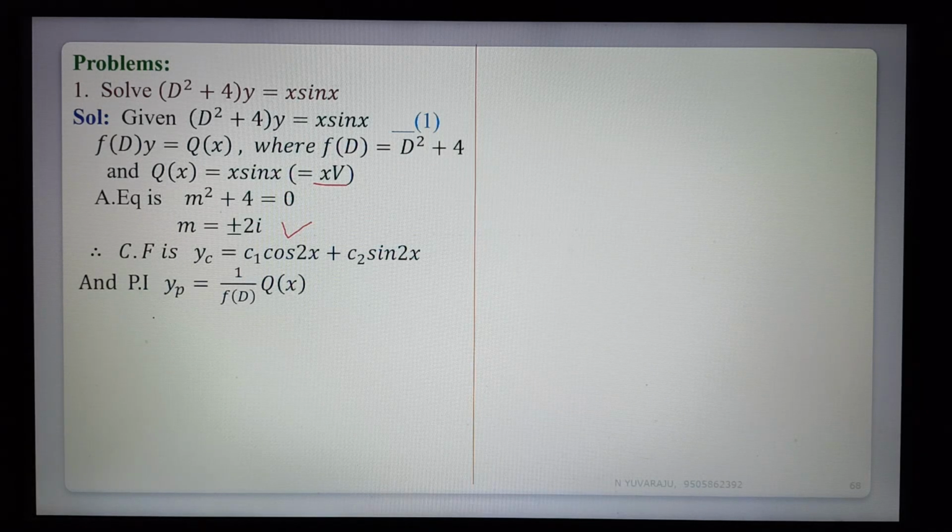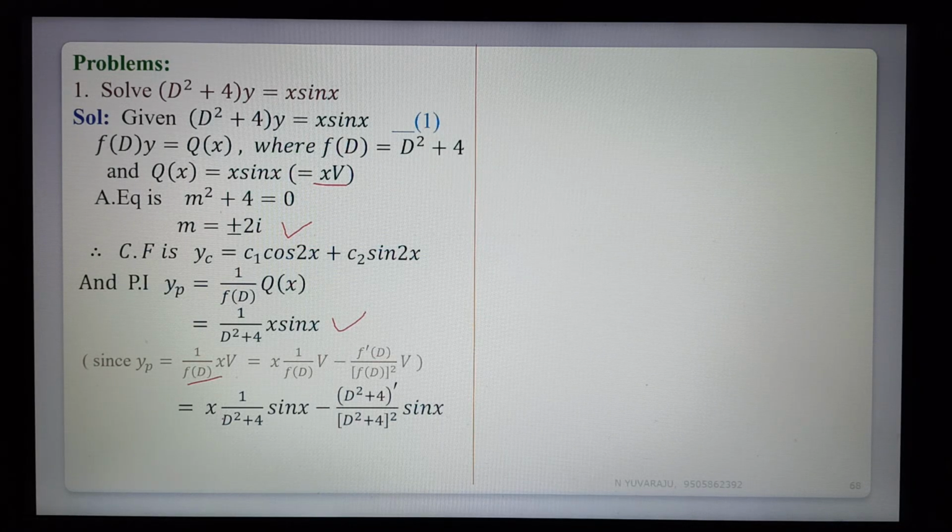The particular integral yp = 1/f(D) Q(x) = 1/(D² + 4) x sin x, which is in x·V form. What is the formula? 1/f(D) xV = x·(1/f(D))V − (f'(D)/[f(D)]²)V. So V = sin x, replacing: x·1/(D² + 4) sin x minus f'(D)